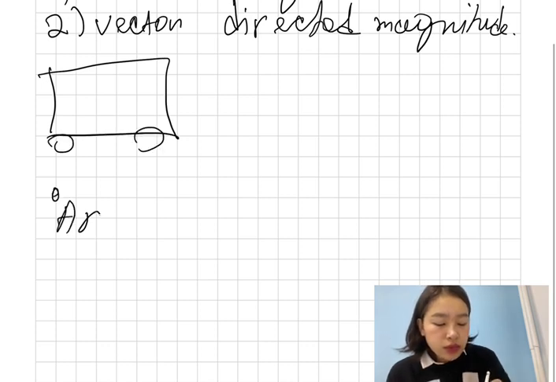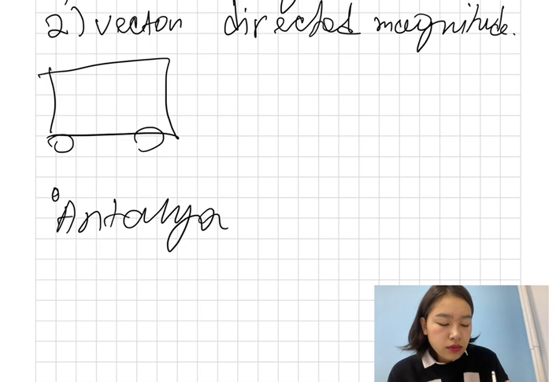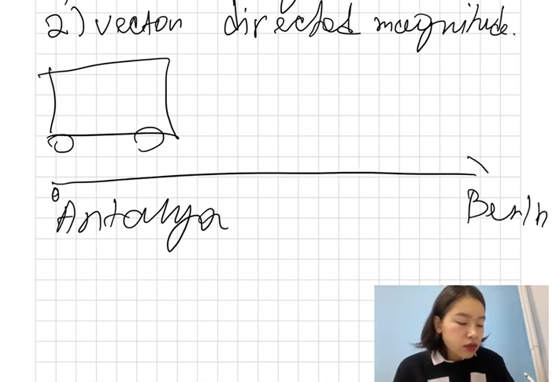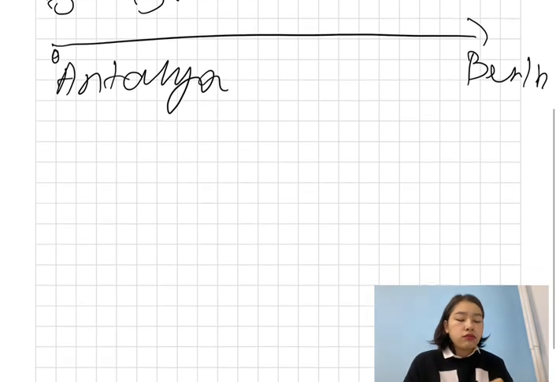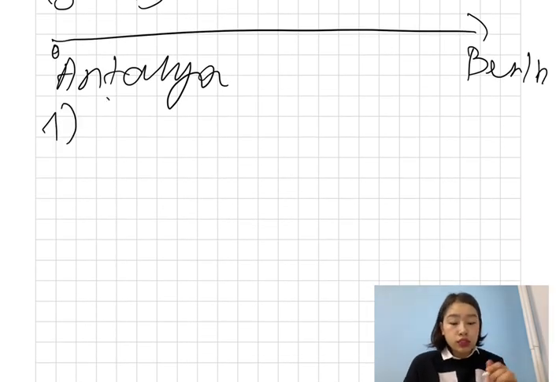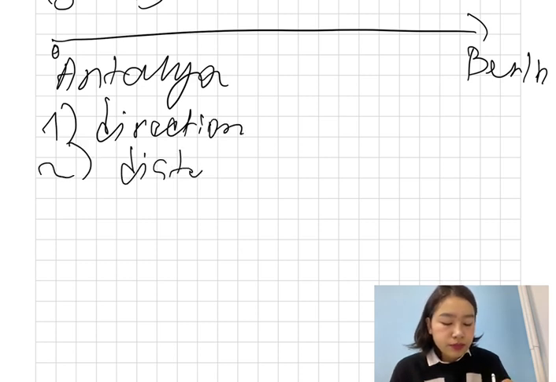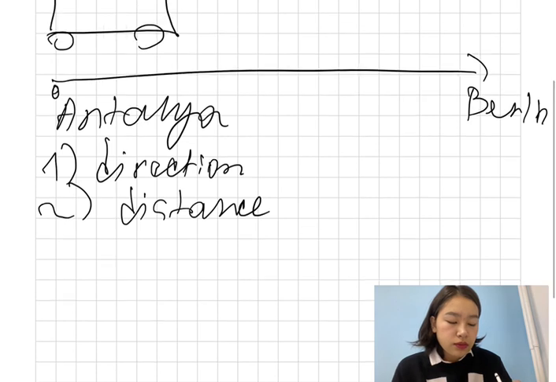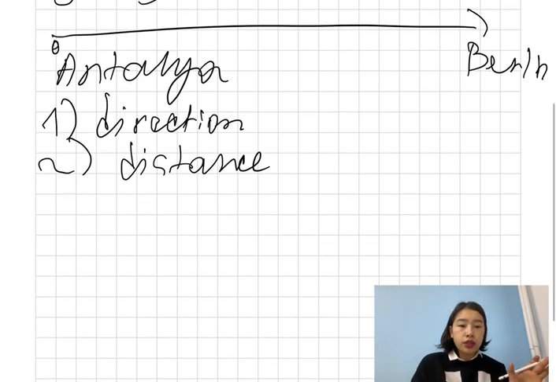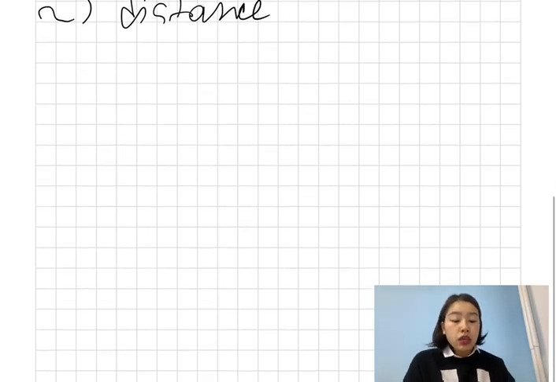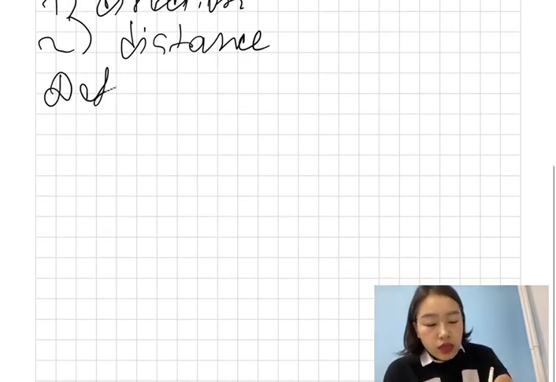We have one bus from Antalya to Berlin. Yeah. And we have two quantities here. First of all, the direction and the distance. Distance between Antalya and Berlin will be the length of the vector, and direction will be also the vector. Of course, and definition